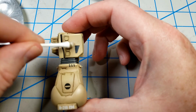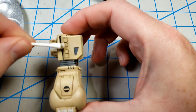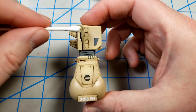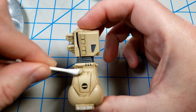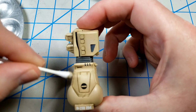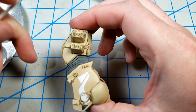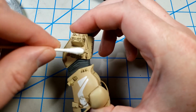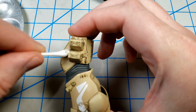But what I'll do is this basic cleanup with the dry cotton bud, and then I'll go back later, get a clean one and dip it in the odorless thinner, and then damp off pretty much 99% of it on a paper towel or something like that. And then I'll just go back in and look for areas that didn't get quite as clean as I wanted, and clean those up a little bit. I may use a paintbrush if it's a little harder to get to, or if I want to do a little more blending